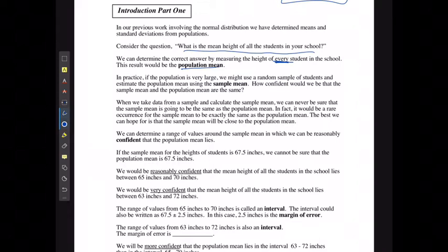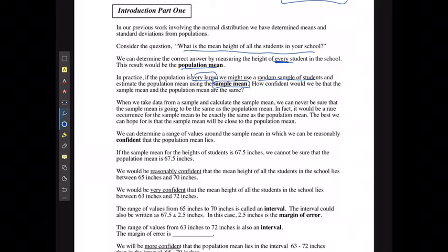In practice, if the population is very large, we might use a random sample of students and estimate the population using what we call a sample mean. So we are going to be picking from, just say we had 2,000 students, maybe we would take from 500, maybe we'd take from 1,000, maybe we'd only take from 100 students because that's all we had the resources to do. So when it says how confident would we be that the sample mean and the population mean are the